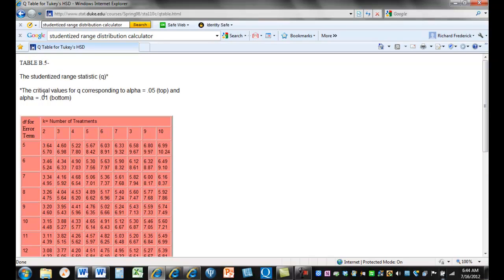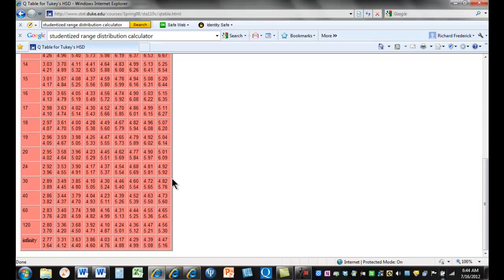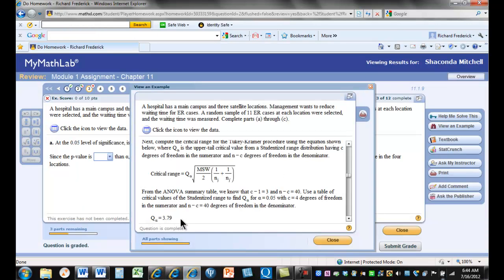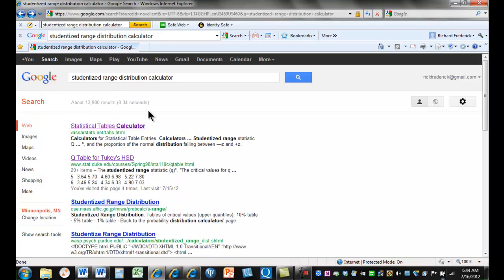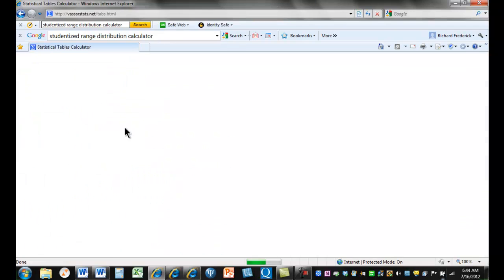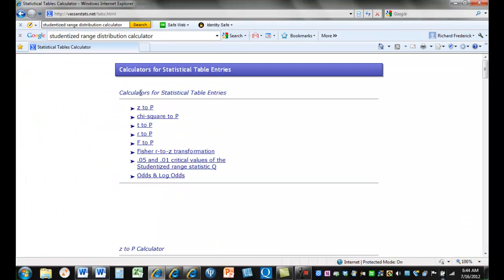It says you look at the top if your alpha is 0.05, and you look at the bottom if your alpha is 0.01. So we're in the 3rd column. We're going down, and we get 3.79 for alpha equals 0.05, which is what you get here. Now you could also do it even easier if you struggle with the table. Just put the values in. Here's another